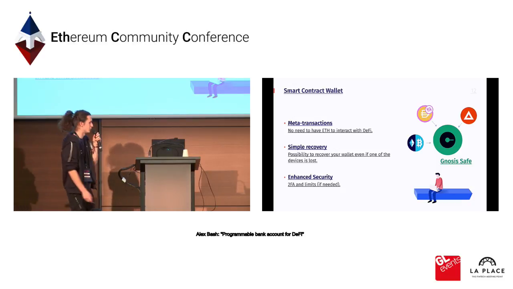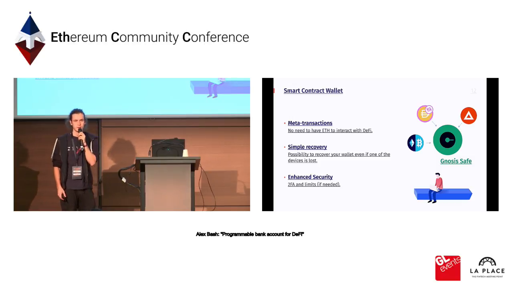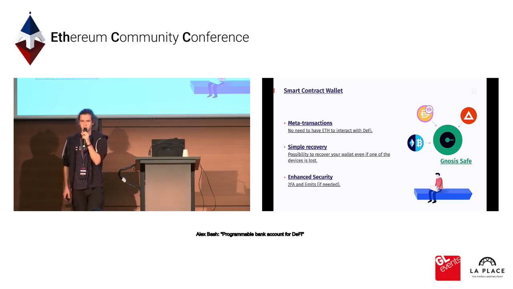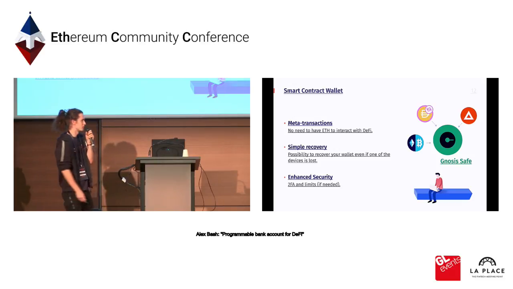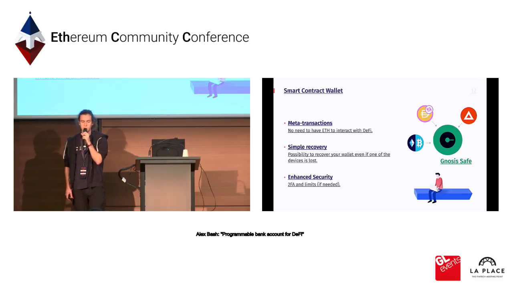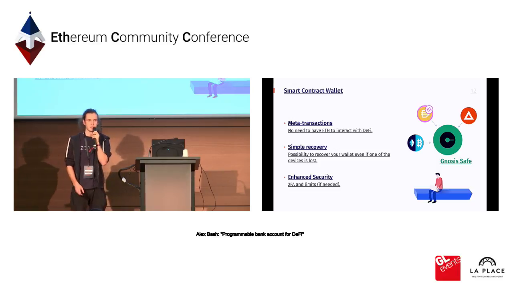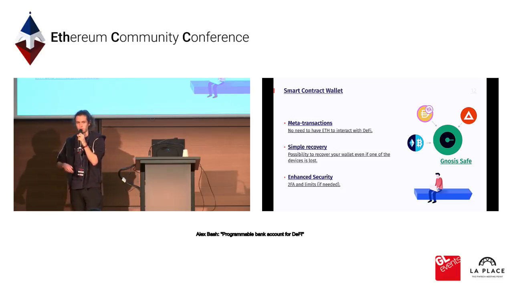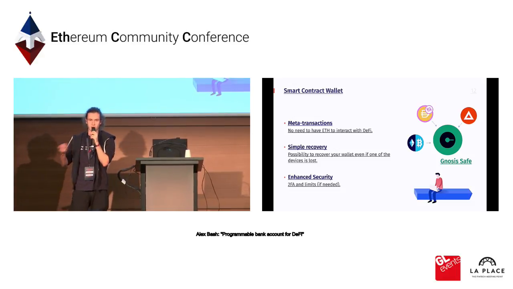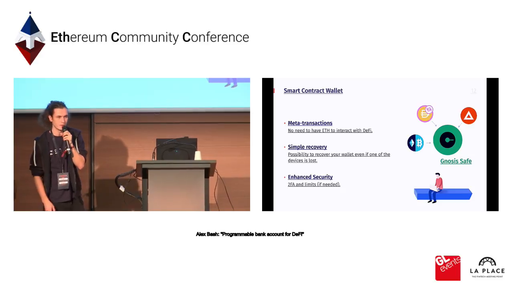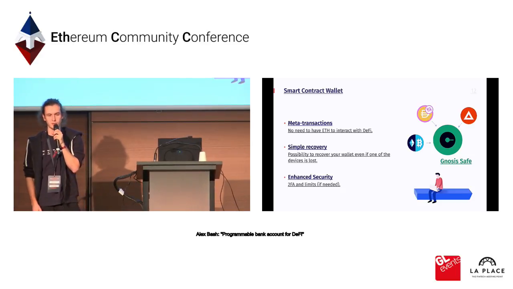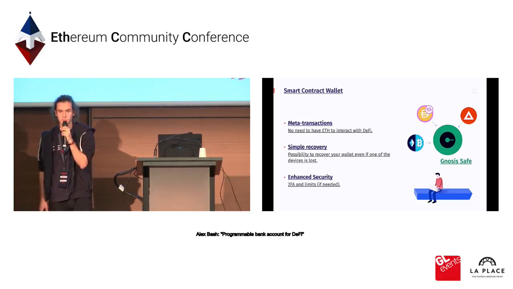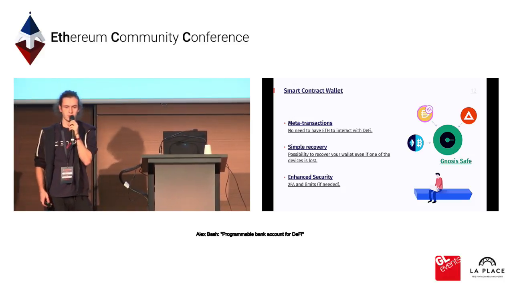And the same goes for simple recovery. Since it's a multi-signature wallet, you can spread your private keys across multiple devices, and it's not a big deal if you lose one of them. You can always recover that. And also potentially it adds some additional security because, for instance, we can allow our users to interact with certain things using just one confirmation, while for more secure operations, like if you want to withdraw lots of money from the account, we could require basically 2-factor authorization. Let's say if I'm using my MetaMask on my laptop, I also need to sign the same transaction using my phone to make sure that it's actually me and no one stole my phone before that.